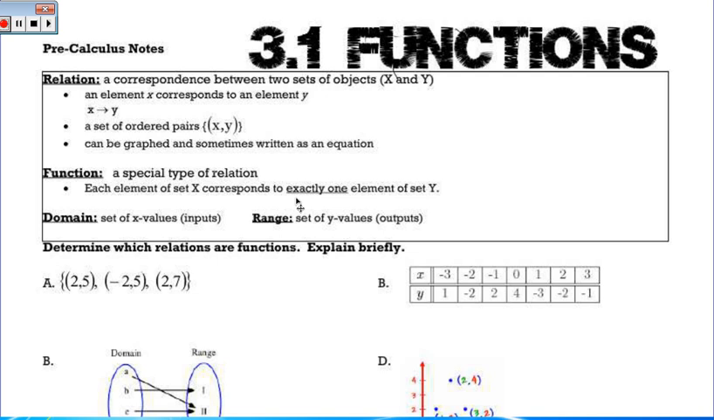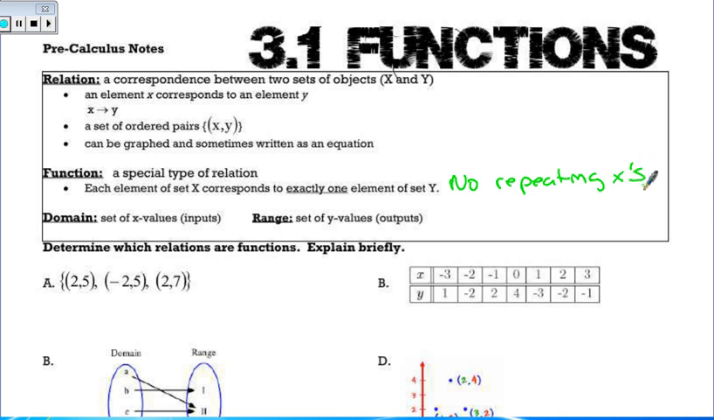Okay guys, today's lesson is going to be on functions. Let's just talk about a couple of terms. The first one here is a relation, and a relation is just a set of xy pairs that don't necessarily have really any correspondence to each other. Then we have a special kind of relation, which is called a function, where each x corresponds to exactly one element in the y. So basically what that means is no repeating